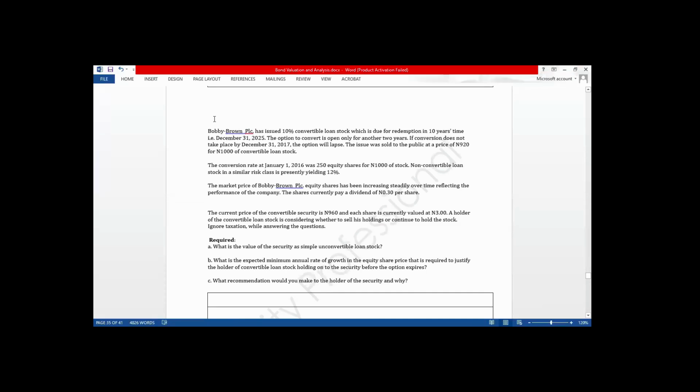Tonight, we shall continue with our discussion on bond valuation. A quick recap of our last class. At the last class, we looked at a question on bond valuation. Precisely, we look at,